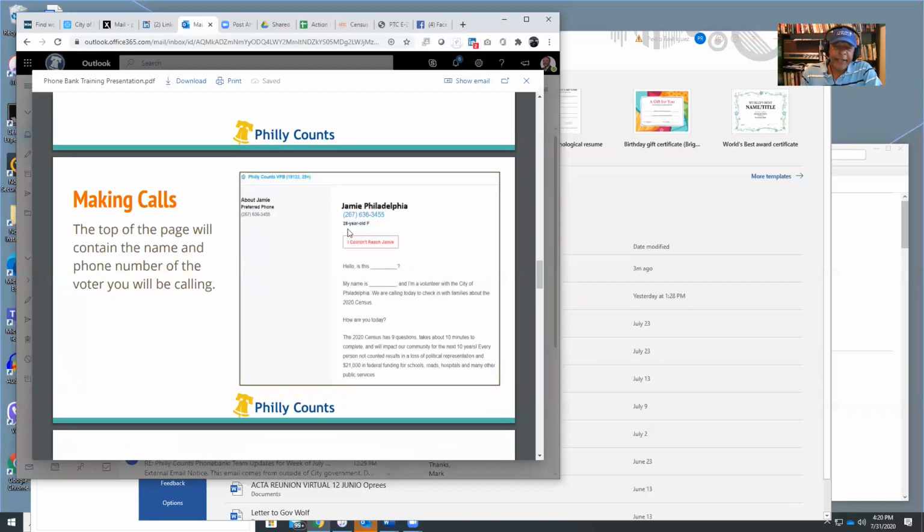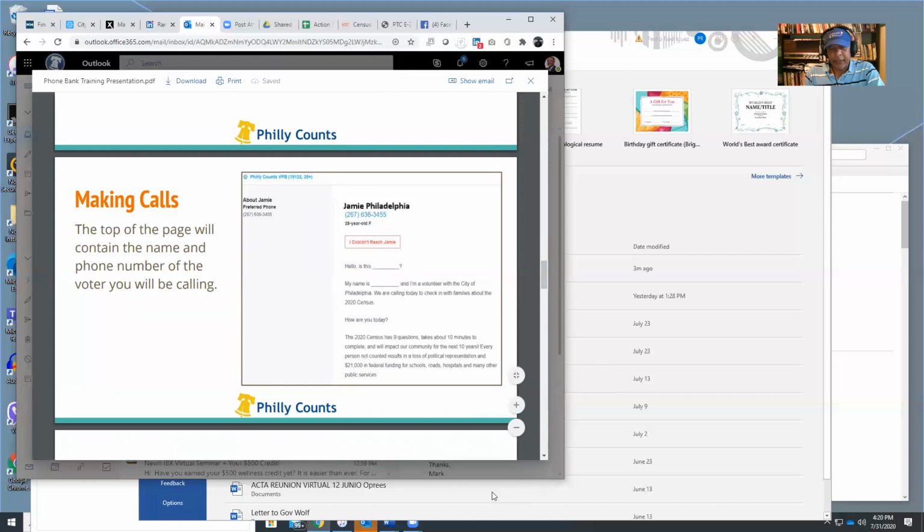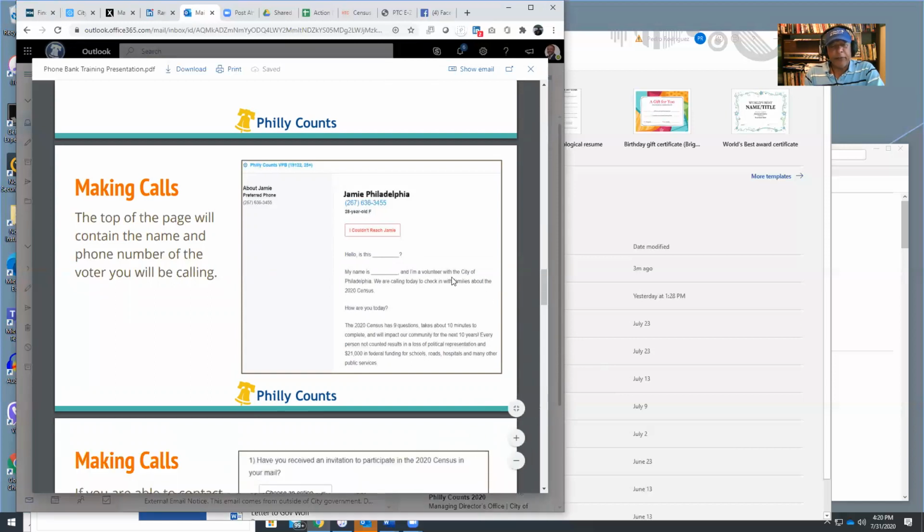The other thing about the age is that knowing the age of the person I'm calling helps me deliver my opening. What am I going to say when the person picks up the phone? That's one of the reasons I really enjoy seeing the age of the person, especially if I know that the person is 75 years old. I'm going to let the phone ring several times before I hang up.